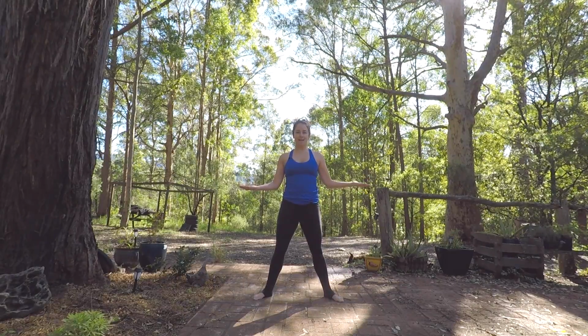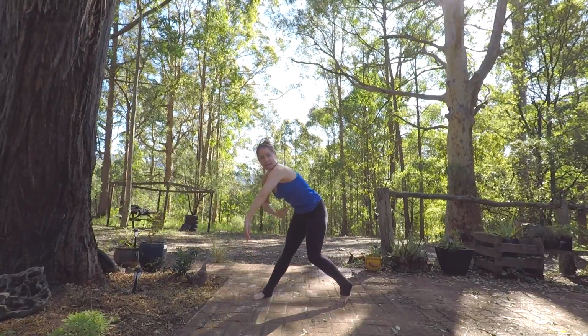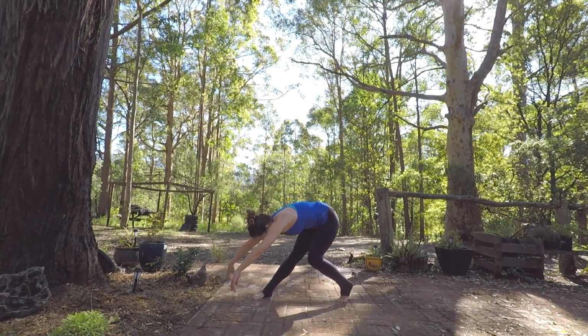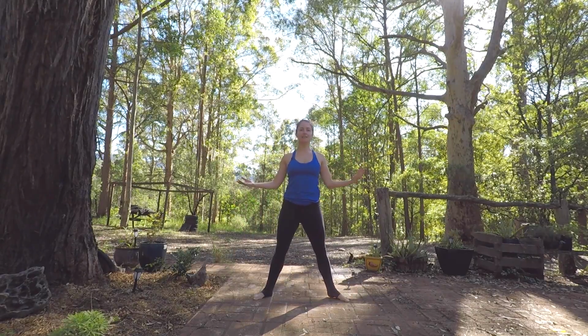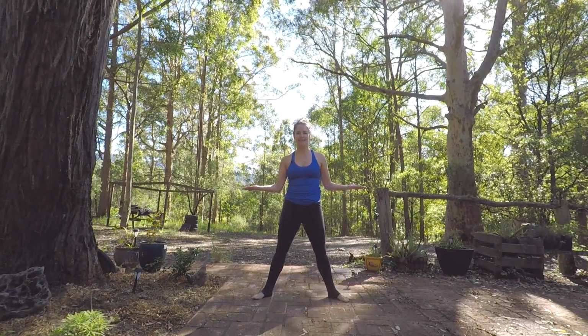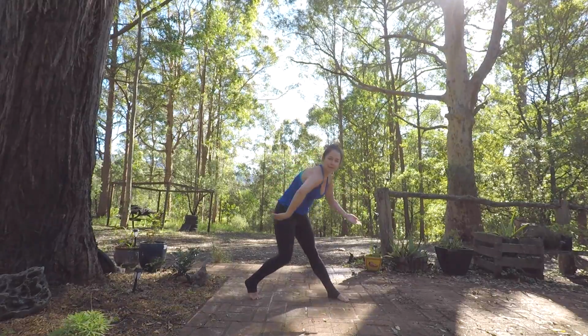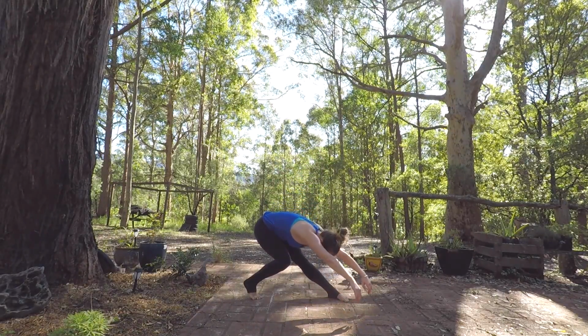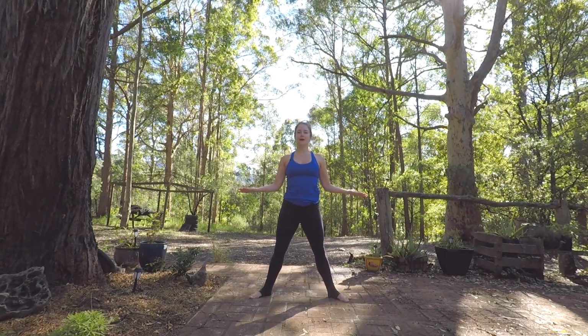So now let's add some arms to that. With my right hand, it's going to circle, and then I'm going to contract belly into spine, allow both hands to come over the leg, come back up, rotate it out so the elbows are in, fingertips are out. Other side now, left arm will circle in, and I'll bend the knee as I drop the arms and head down. Then I come up, open them back out. Right side,